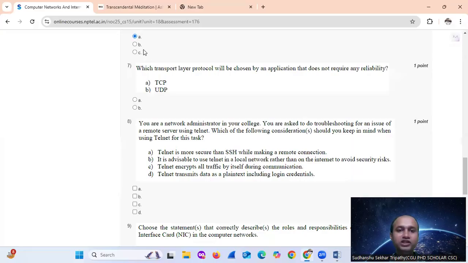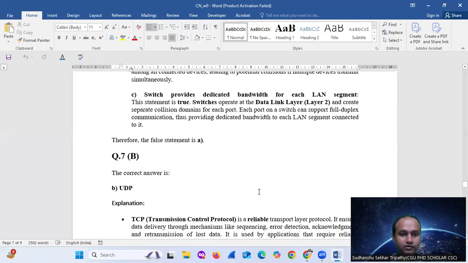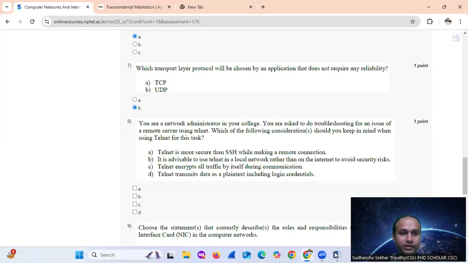Question number 7. Which transport layer protocol will be chosen by an application that does not require any reliability? So reliability नहीं है मतलब UDP, ऑप्शन नंबर बी. रिलायबिलिटी पूछता है तो TCP, रिलायबिलिटी नहीं है तो UDP. ओके. 7 का बी